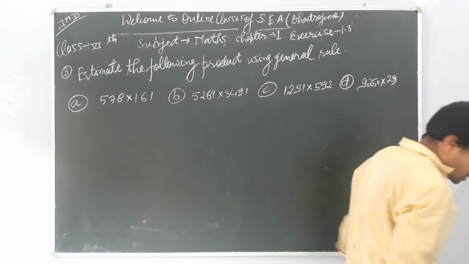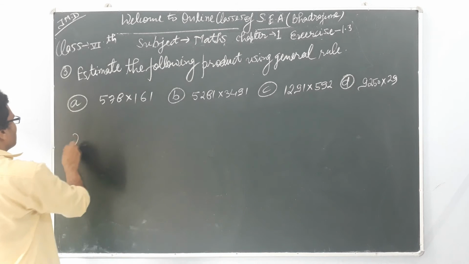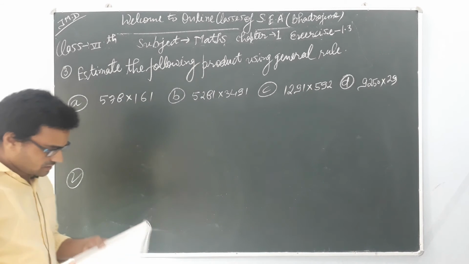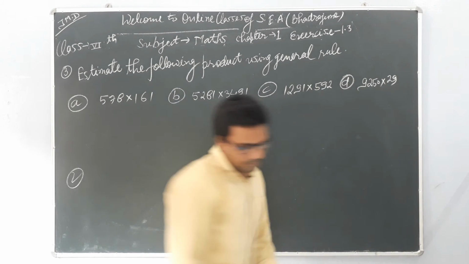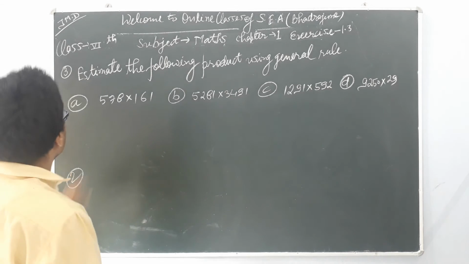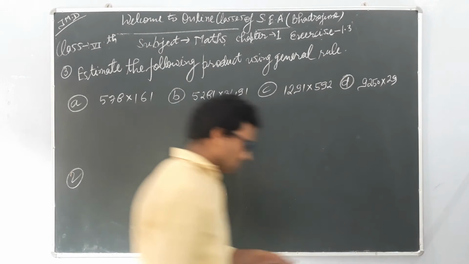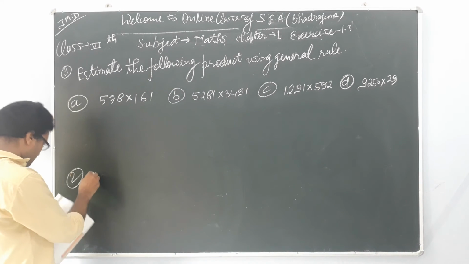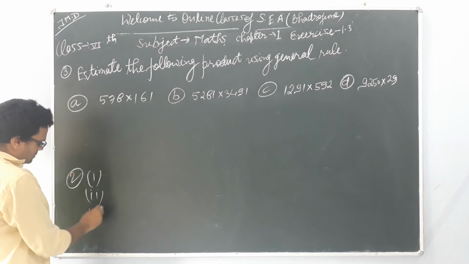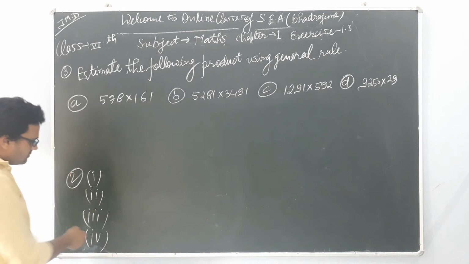Okay, make 4 more. Okay, we have to make 4 more examples in question number 2nd also. So I am first making 4 more examples for question number 2nd. After that I will make 4 more examples for question number 3rd. Listen, our question number 2nd was, we have to make some additions. Okay, so I am giving you some homework type 4 examples. 1, 2, 3 and 4th. Okay, first one, second one, third one and fourth one.